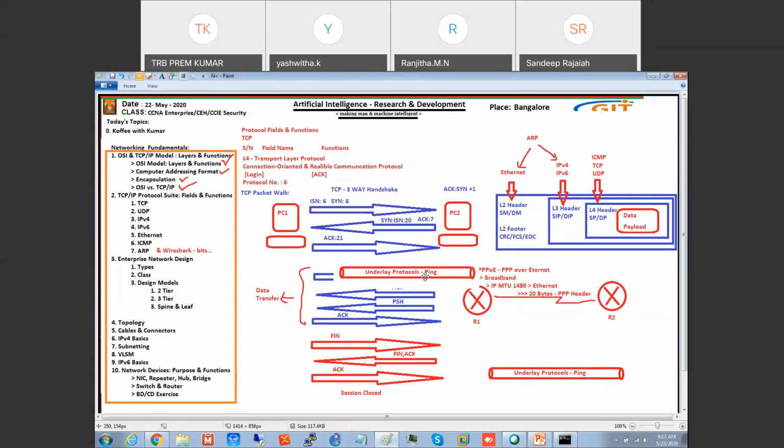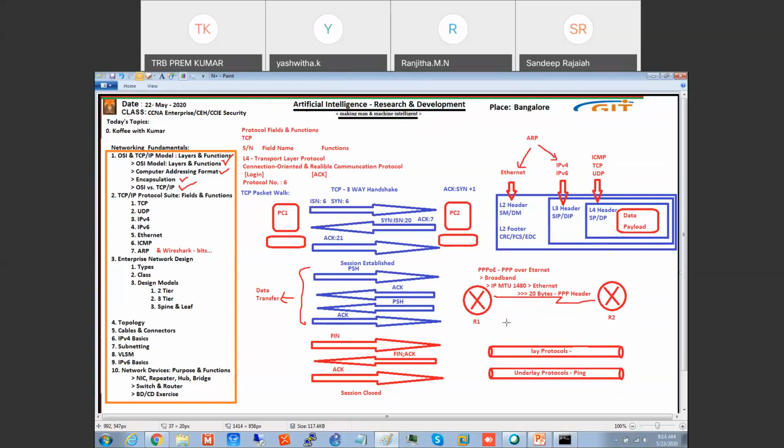First ping has to happen. On top of this, I'm creating an overlay protocol, and this overlay protocol is for security. For example, VPN is for security. VPN is not for connection. For connection, we use the underlay protocol.